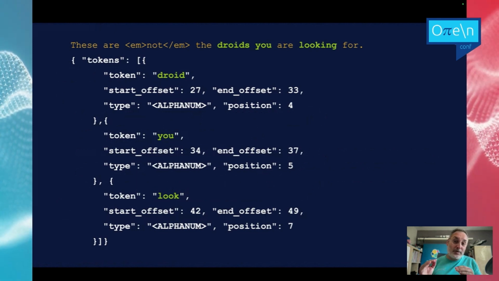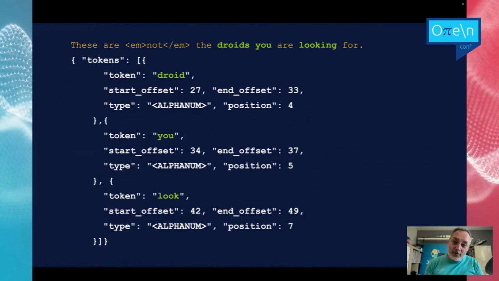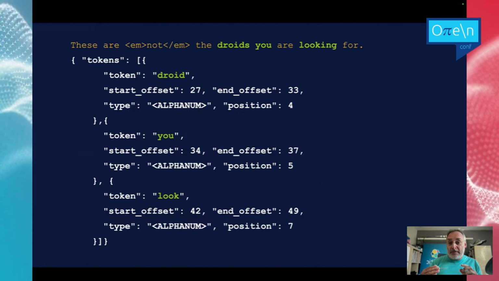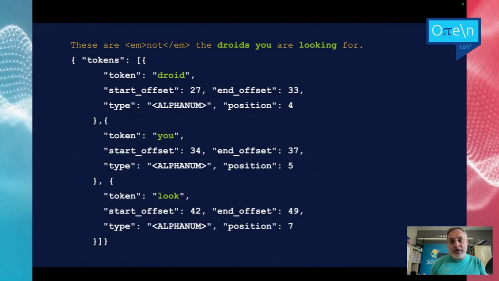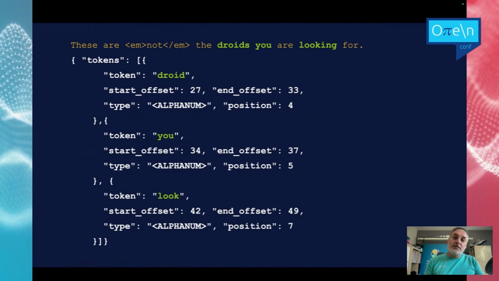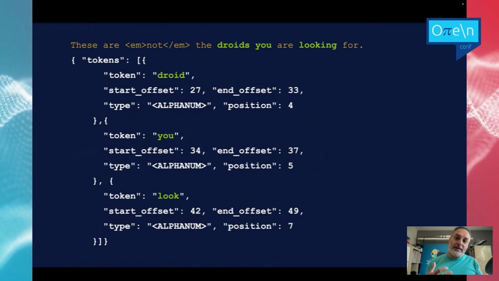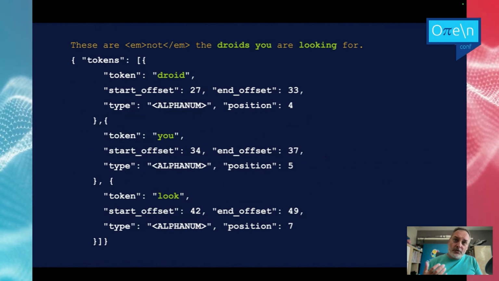Here I indexed "droid you look," but those were not the droids we were looking for, right? So this is a totally different meaning. And if I'm searching for "machine," it won't work because I did not index machine, only droid. Of course, with Elasticsearch and Lucene, you can use synonyms behind the scenes, but this is something we want to solve.